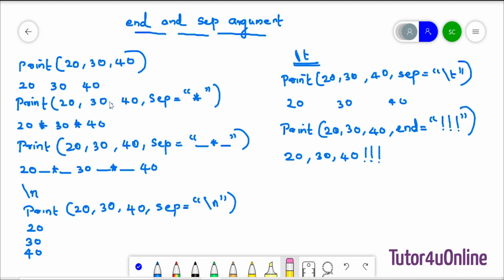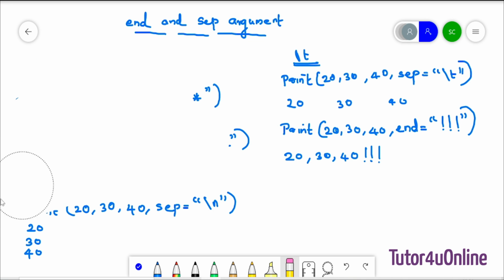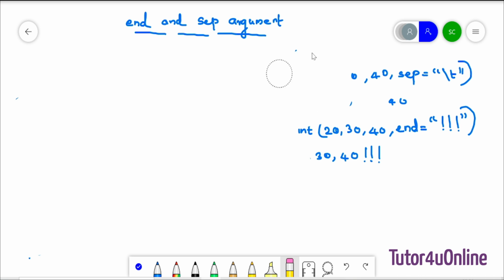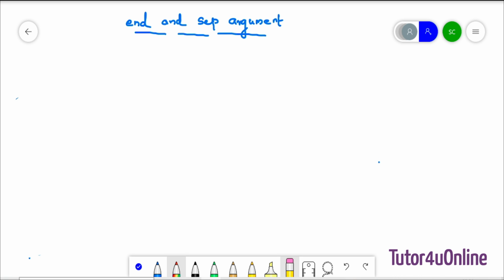You can use the sep argument and the end argument both together in the same print statement. Also, you can use strings. I'll show you how to use strings. First write print, then for example white.